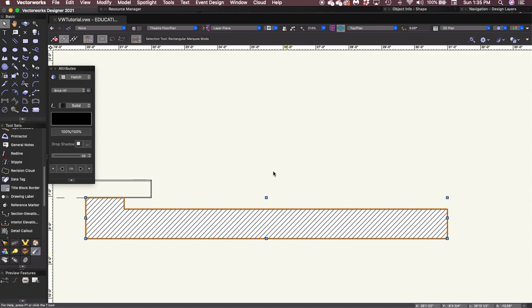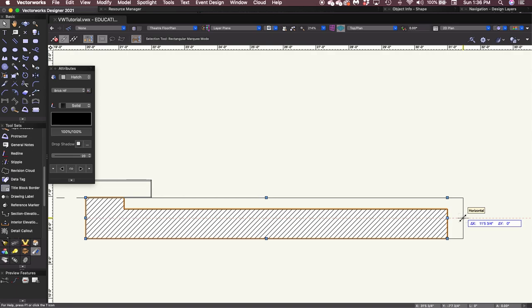and I get my reshape handles that we established clear back in section 1 when we set up the preferences of our drawing. So I'm going to grab this one on the center, and when I get the 2 arrowed line, I know that I've got a hold of that point and can manipulate the drawing out. So if I click on it once, I can make it bigger, I can make it smaller, based entirely on that point. So I want to make it a little bit larger, so I'm going to move it and again